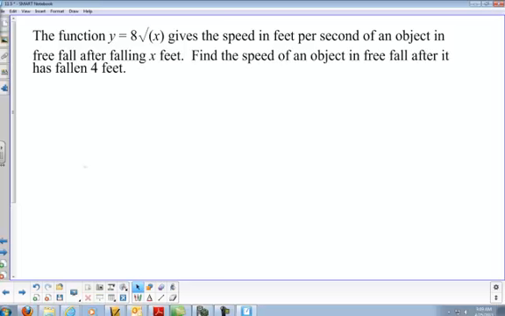So now we have a function, s equals the square root of x, and this is the speed in feet per second of something falling after x feet. So we're going to find the speed of an object in free fall after it has fallen 4 feet. So we're going to plug 4 into x,